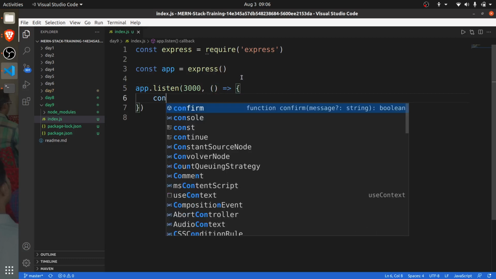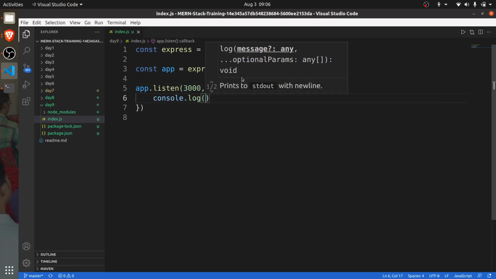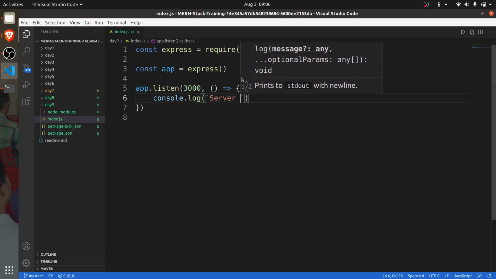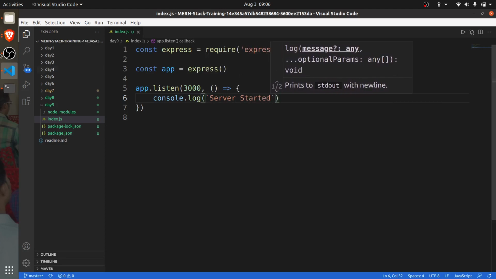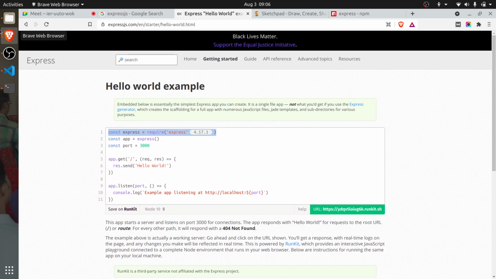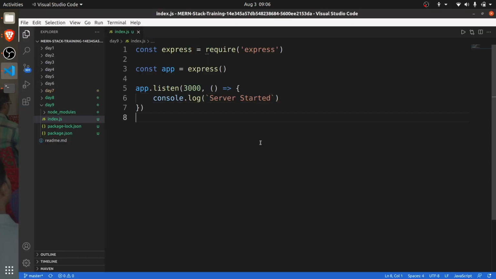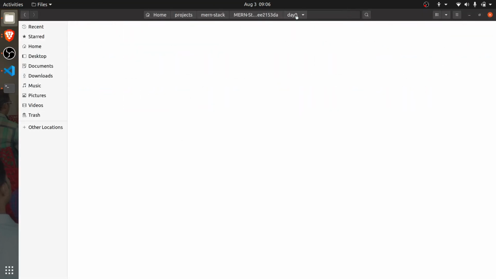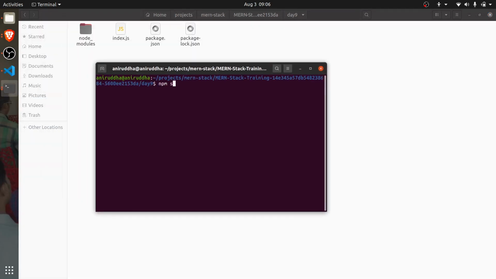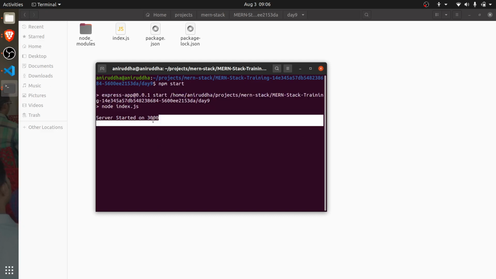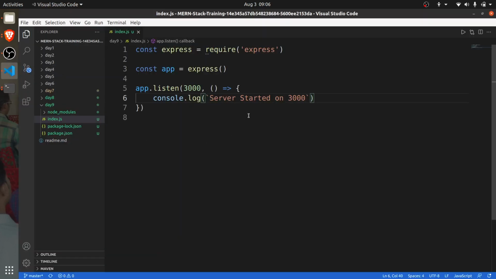And here we can say console.log server started on port 3000. Let's go here in day 9 and run npm start. Can you see server started on 3000? You are getting the message, server started on 3000.